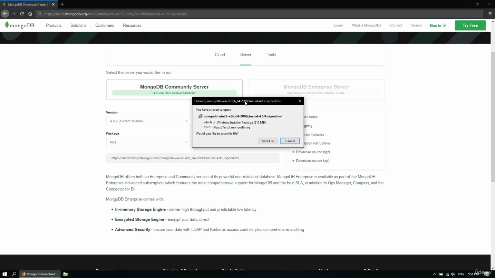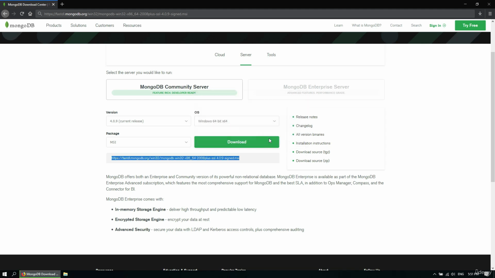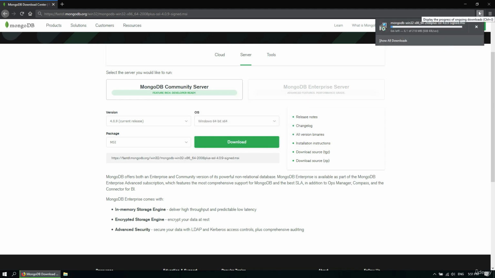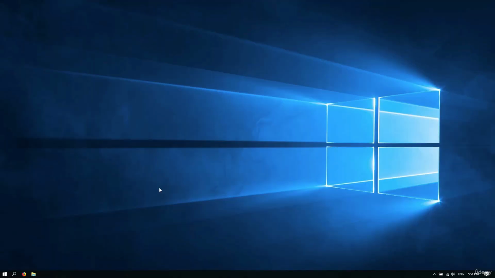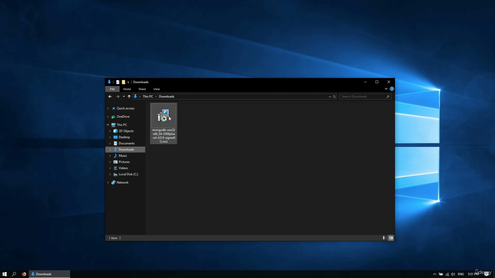So now you should see this pop-up that will ask you if you want to save this file. Just click Save File, and it should start downloading, okay? So I will just stop this because I already have this file, okay? But after downloading it, you can just close the browser, open your file manager, go to Downloads, and you can see that the installer is already there. Alright, so double click on that,